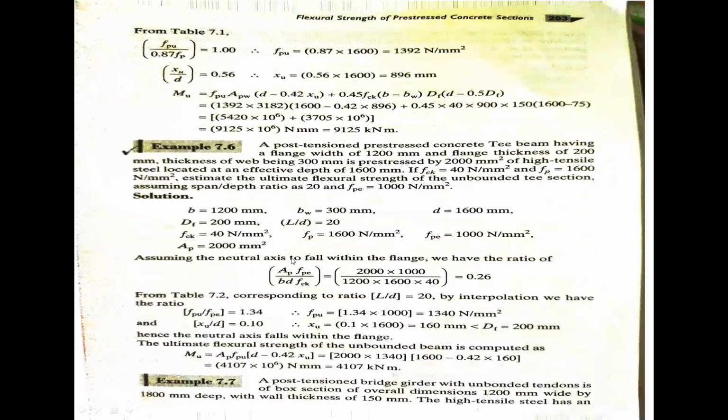Okay, now calculate APF and APW. Also calculate the equation for APW, FPE, APW, DF, FCK. In this situation you have to use this formula for moment of resistance. Here only you have to calculate AP by FP. Okay, the ratio is given, and FPE and AP values are also given. I have to substitute directly into the formula. I have to calculate this using this simple formula for neutral axis within the flange.